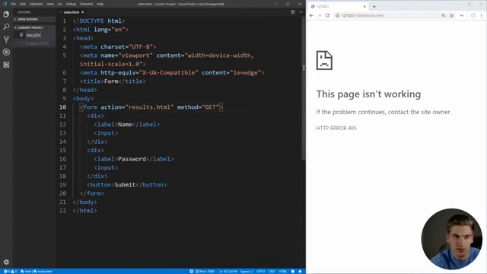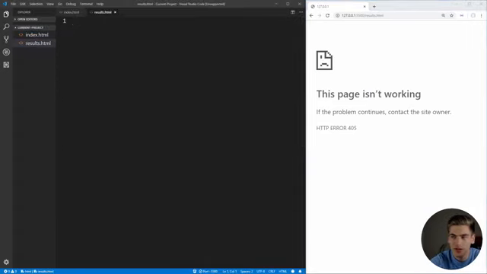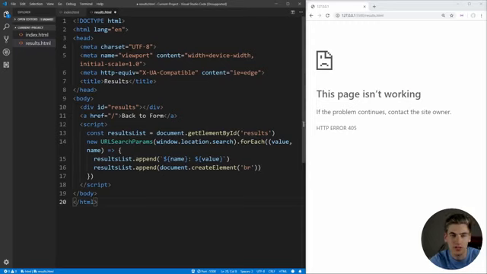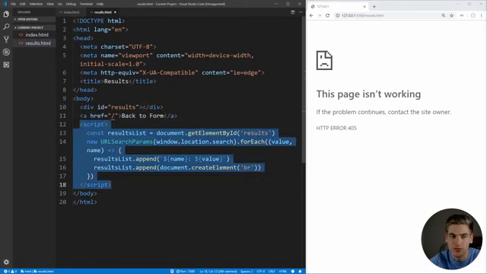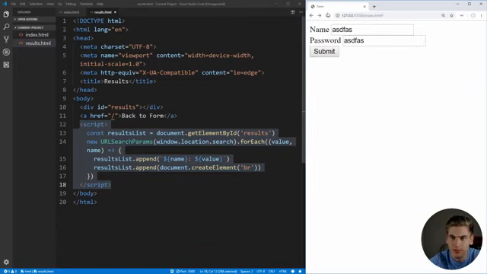So let's create that results.html page. And I'm actually just going to copy over here a results HTML page. This is a very basic page. All it has is a link that goes back to our form, and it has a little bit of JavaScript, which is going to render the results from our HTML form from before. So now let's go back over here, refresh our page, and we want to just make sure we click submit,